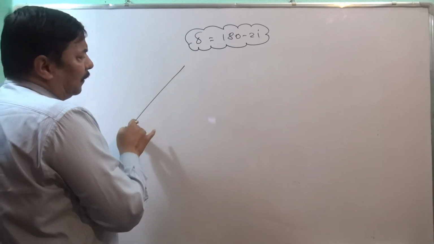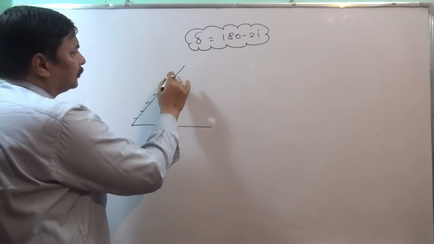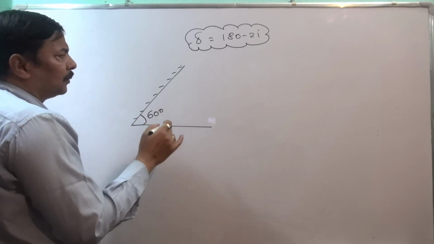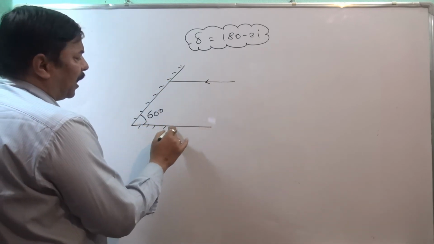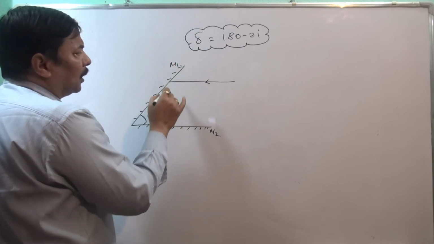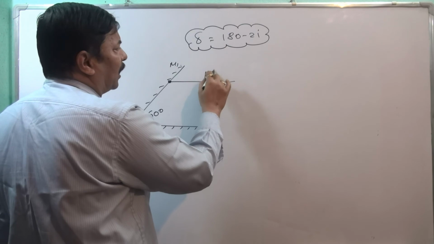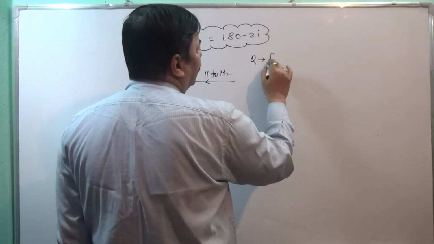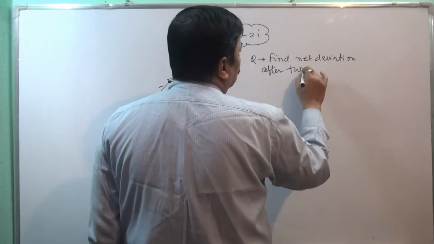So let us consider there are two mirrors and the angle between the mirrors is 60 degree. A ray of light parallel to the mirror M2 is incident here. This is parallel to M2. And the question is, find net deviation after two successive